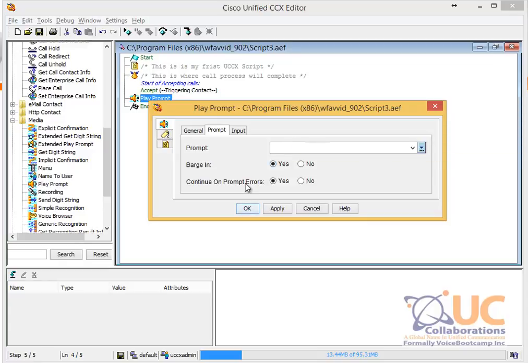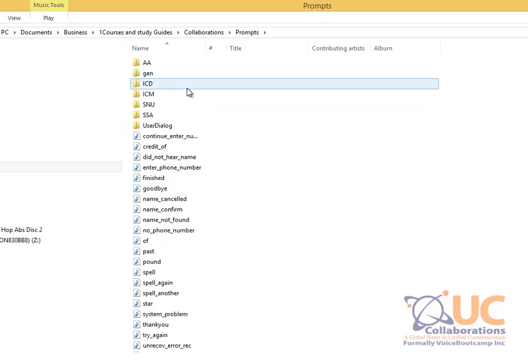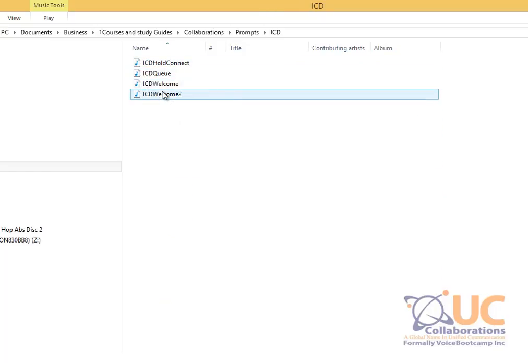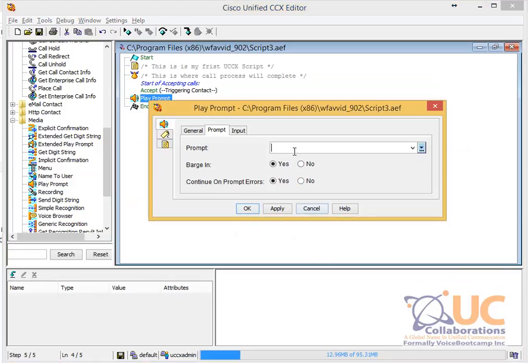For example, if I want to play a folder called ICD, and underneath that I have a file called ICD welcome, and I want to be able to play that file, I'm going to say SP, which stands for system prompt, square bracket, and go to the folder called ICD